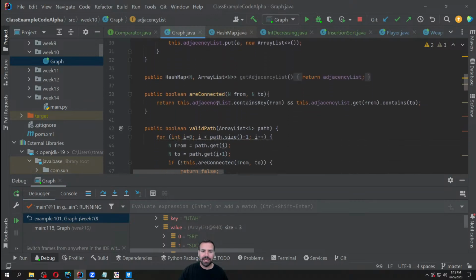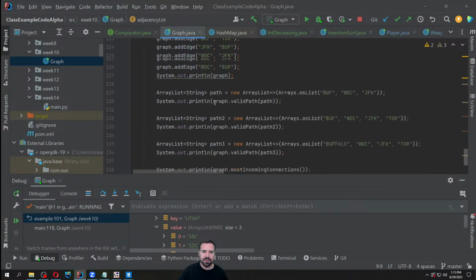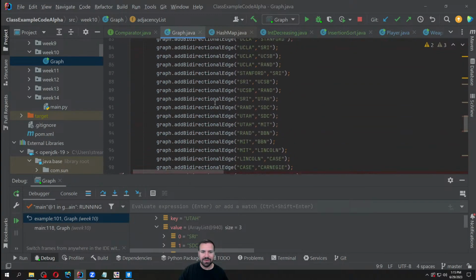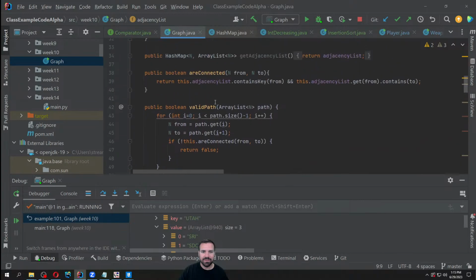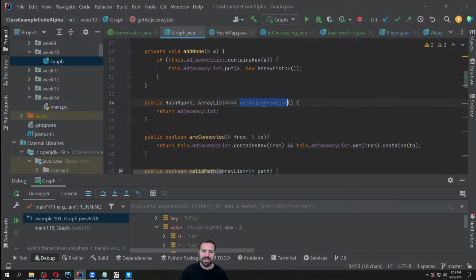but there is a getter somewhere in here. Do I not even have it in this code? Oh no. Oh, here it is, a get adjacency list. So you do have a getter method for that, so you can get the adjacency list and then